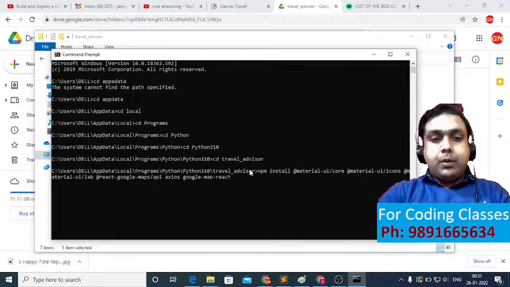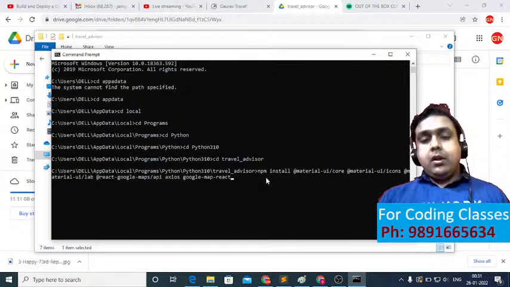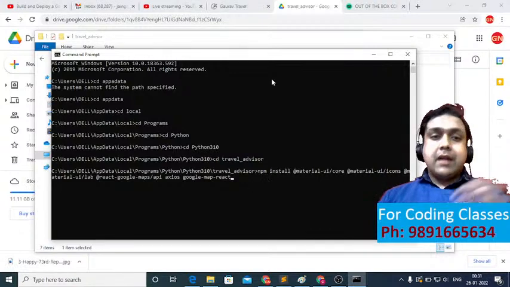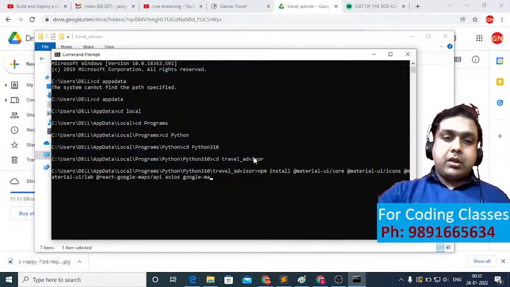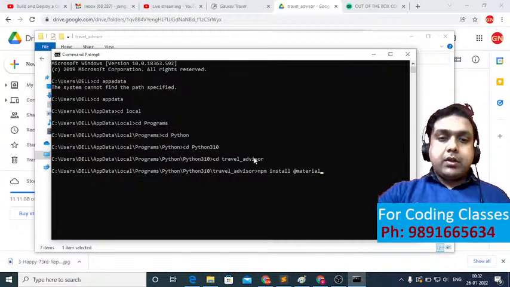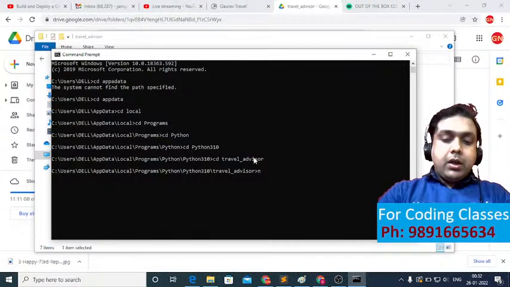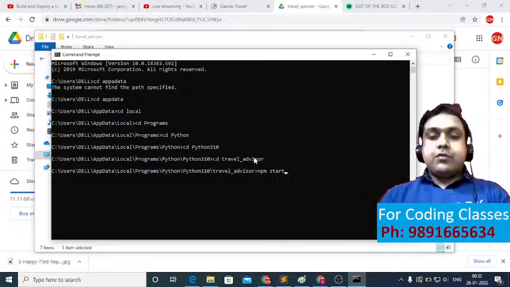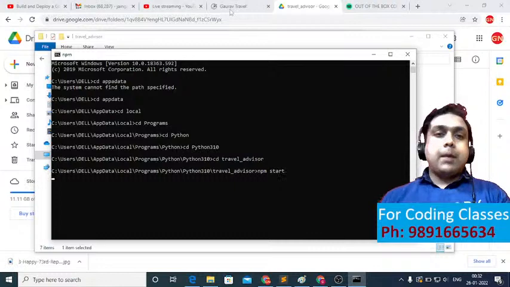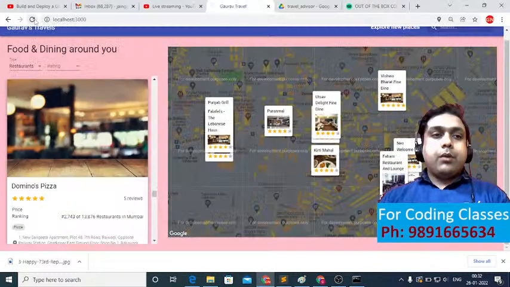So all these libraries you need to install are there on your device. You can simply run the project. Now for running the project, what you will do, you just have to fire this command npm start. Moment you will do it, let's see what is going to happen. Right now, if I will try to load the project,